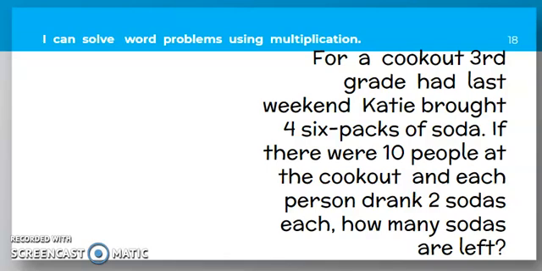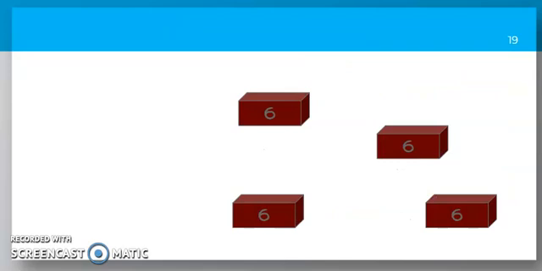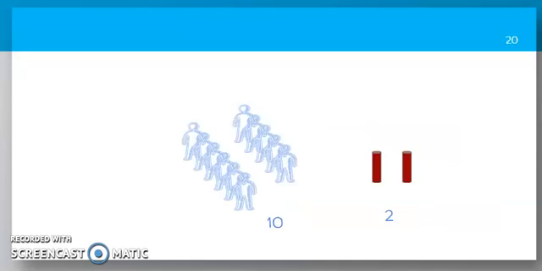So my first step is, oh my gosh, Katie brought 4 6-packs. So I have 1, 2, 3, and 4. I have 4 6-packs, okay? So how much does this give me? It's giving me 6 times 4, how much is it? 24, that's it. But after that, we know that there were 10 people in that party, and each of them